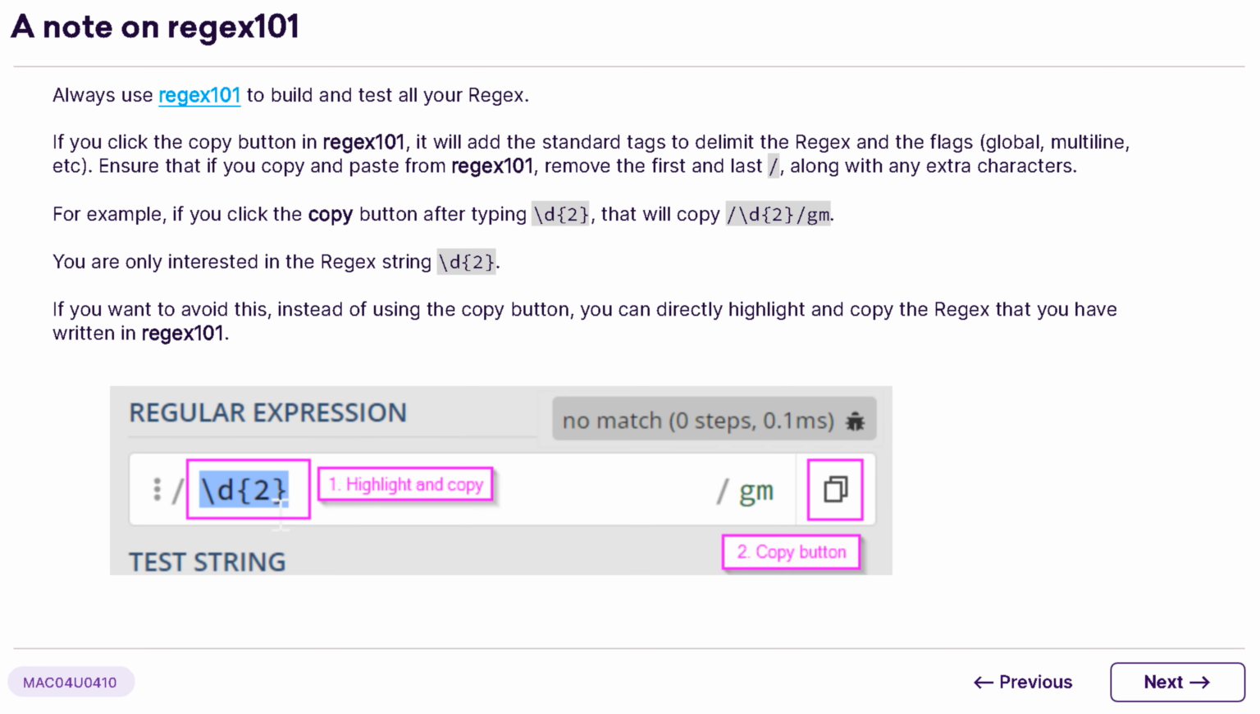When working with regular expressions, using tools like regex101 can make your life much easier. This platform allows you to test and refine your regex patterns effectively. A key feature is the Copy button, which encapsulates your regex with delimiters and flags like global or multi-line. However, for our purposes, you typically only need the core expression. For example, if your regex is designed to match 2 digits, you're interested in just the part that looks like